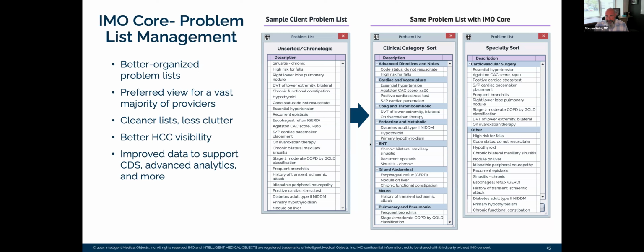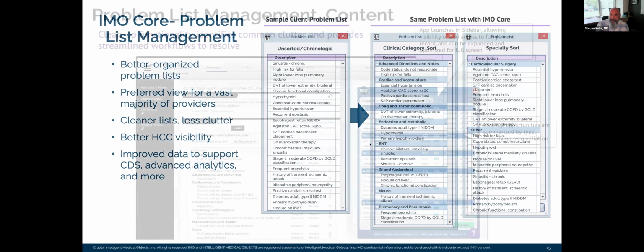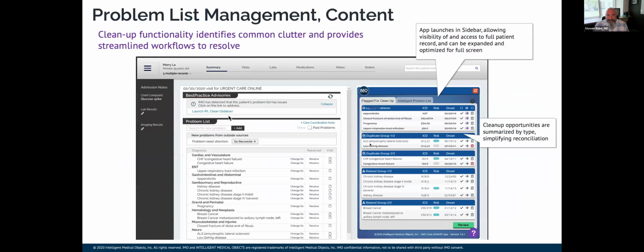This solution, this view, is deployed in two different ways. In most of the EHRs, it can be employed natively as content, using the hooks of the EHR application that are out there, or it can be deployed as a SMART on FHIR application, or a combination of both. We have seen it deployed in all three of those different ways. Here's an example of an application using both native categorizations as well as a SMART on FHIR application to do the problem list management and